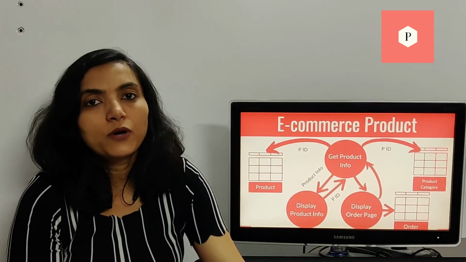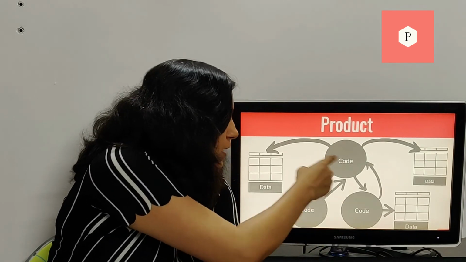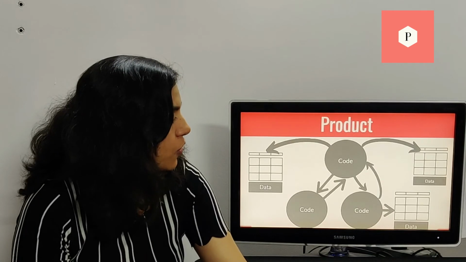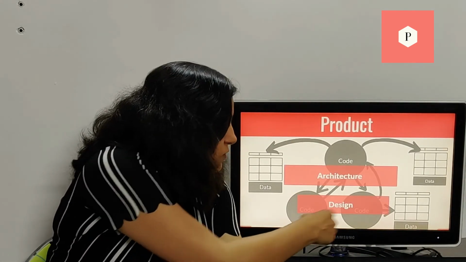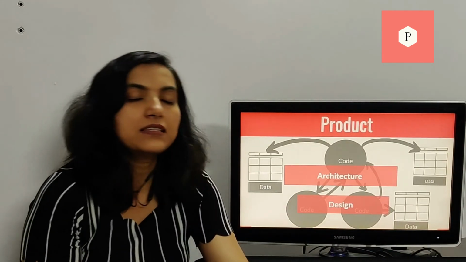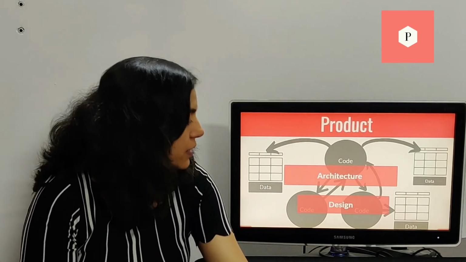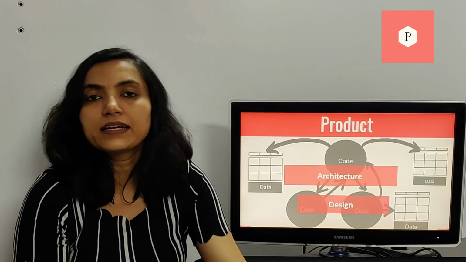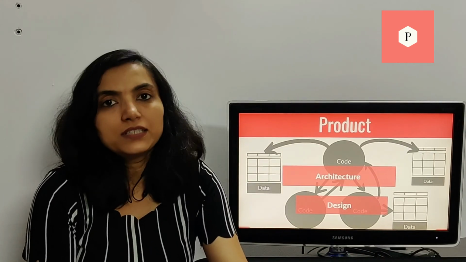So this is modular code. What each of the different modules do and how they interact with each other and the database is what is called code architecture. And how the code in each of the modules is written and organized and how it handles different cases is called code design. When you understand the architecture and the design, you have a better handle on the tech aspects of your product. That is all for this episode.